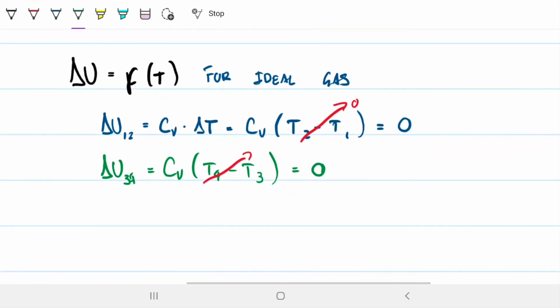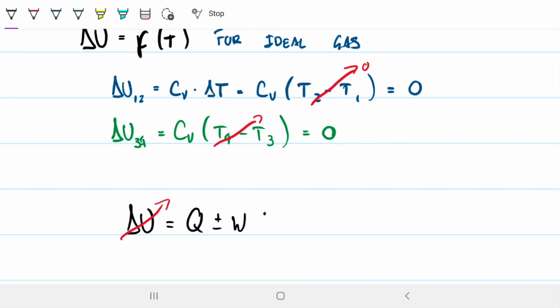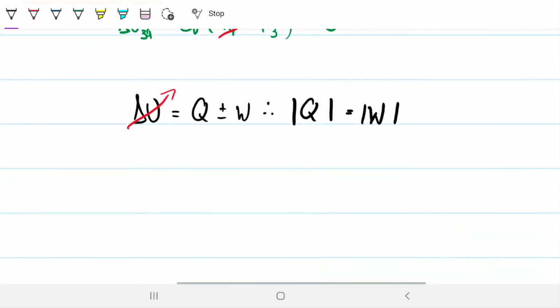And if my delta U is 0, what does that mean? Well, because of the first law of thermodynamics, delta U equals Q minus work, and if this is 0, then the magnitude of the heat is the same as the magnitude of the work on this isothermal process. And we found the work already. We found work from 1 to 2, and we found work from 3 to 4. So we can just use that, right? So again, for heat addition,